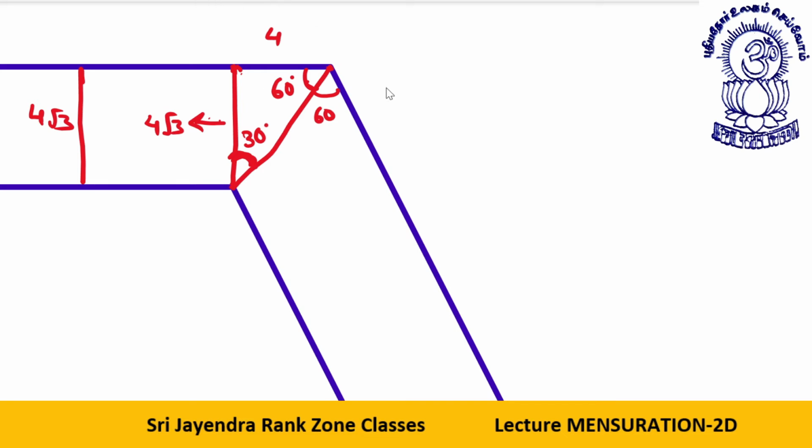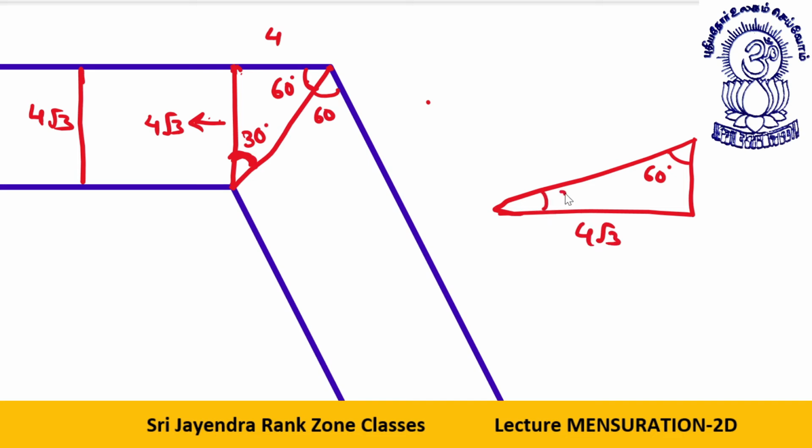This is a triangle. You are being told that the side opposite to 60 degrees is 4 root 3. What will be the side opposite to 30 degrees? It will be divided by root 3, you get 4. Therefore, this portion is 4 and this is 90 degrees. The side opposite to 90 degrees will be double the side opposite to 30 degrees, that is, this is 8. Now the things have been sorted out, my dear students. This portion is 8, you got it. This portion is how much? 8. This is what I wanted to explain to you.